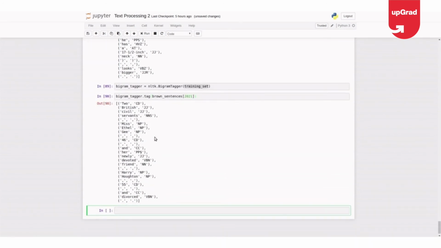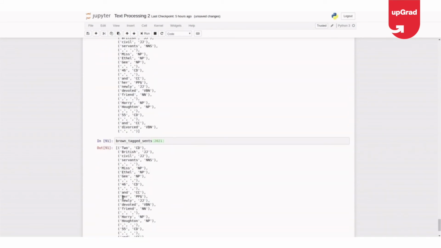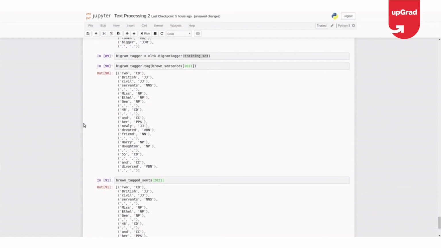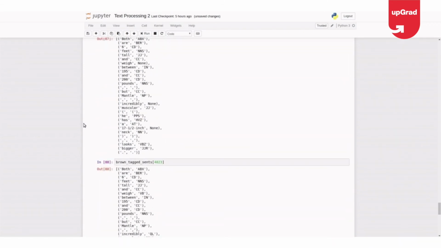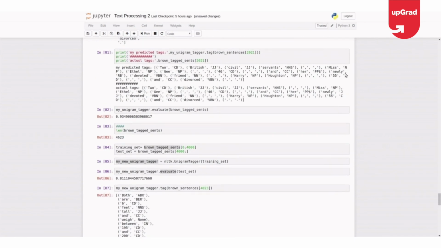Okay, so this is my result. Did it improve actually? Let me check it out. Brown tagged sentences of 2021. Considering my bigrams, has the result improved? Previously we saw there were two issues here. One is newly was tagged wrong.